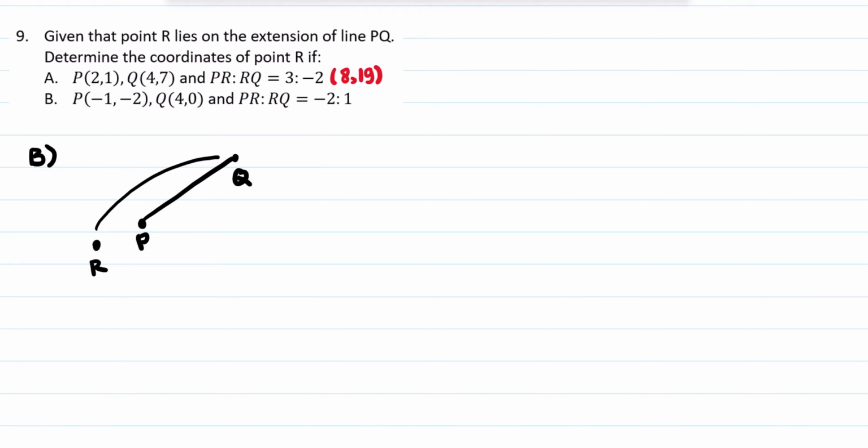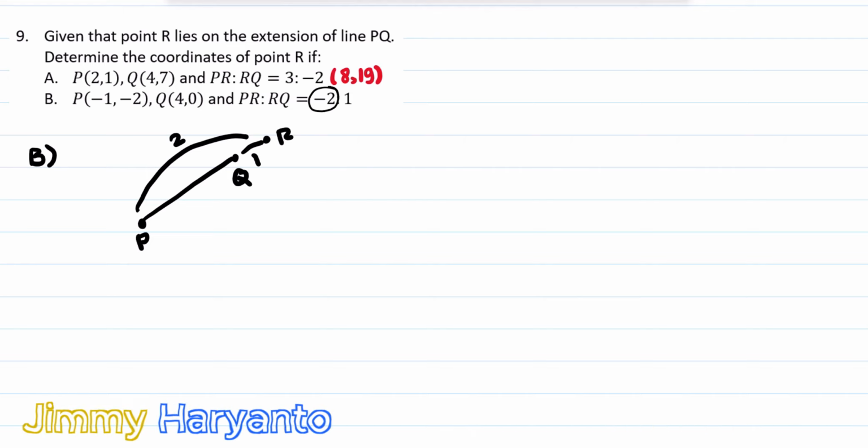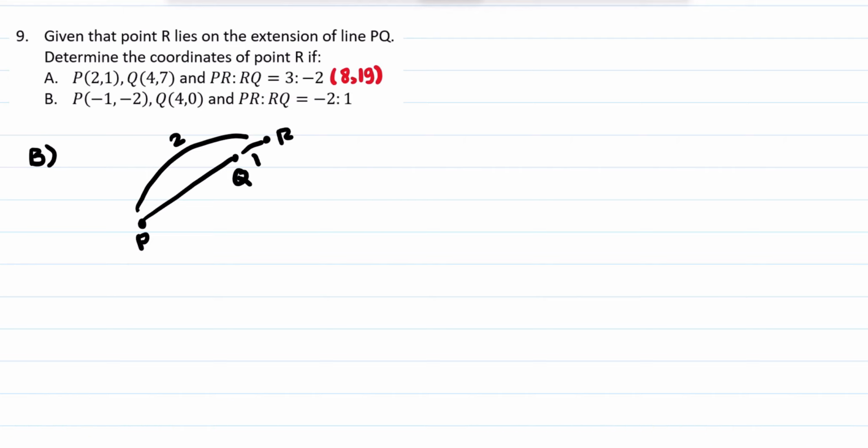Okay, because it doesn't make sense, I think the R has to be right here. So PR equals 2 and then this one is 1. Yeah, let's say it like this. So PR equals negative 2, that means PR equals 2, then RQ equals 1. Okay, this one makes more sense. So as you can see, the PR is 2, that means PQ equals 1, and that also means the